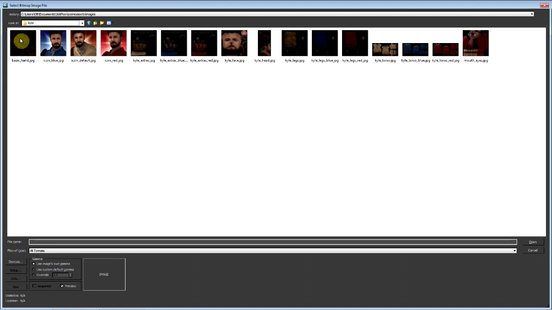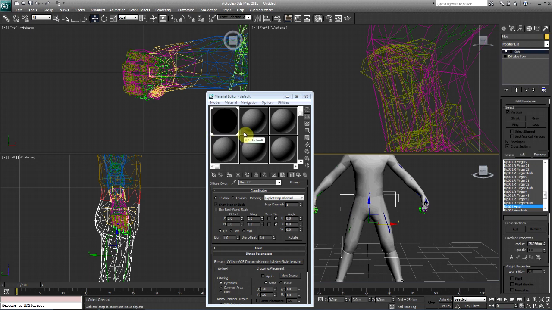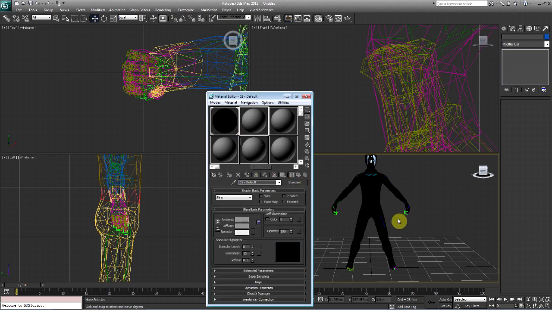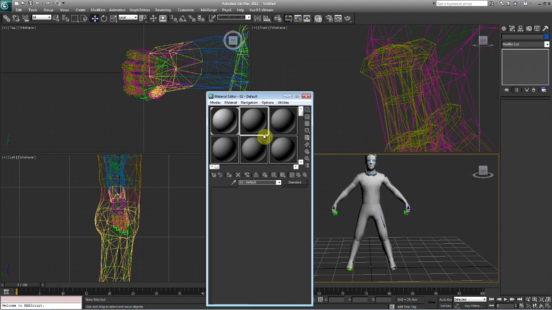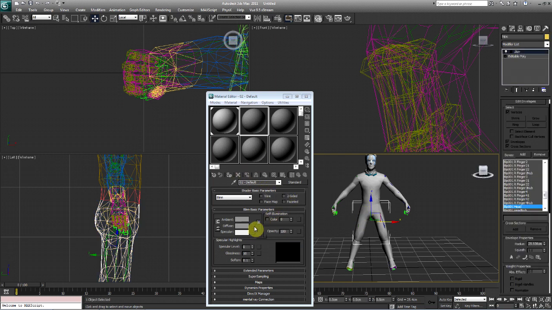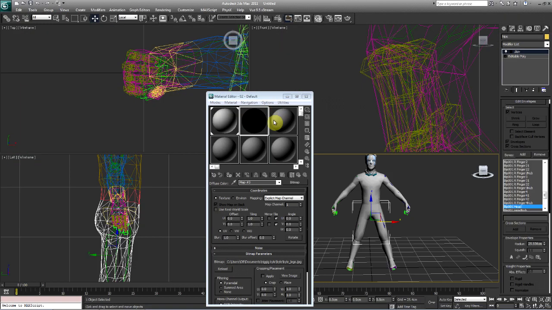Okay, first one we're going to start with is Kyle legs. So you're going to see Kyle underscore legs. Select that. Okay, go ahead and select the legs. Hit assign. Well, ignore that. I know why it's doing that. Give me 1 second. Okay. So I'm going to select a different slot there. Okay, so I'm going to go ahead and hit Kyle legs.